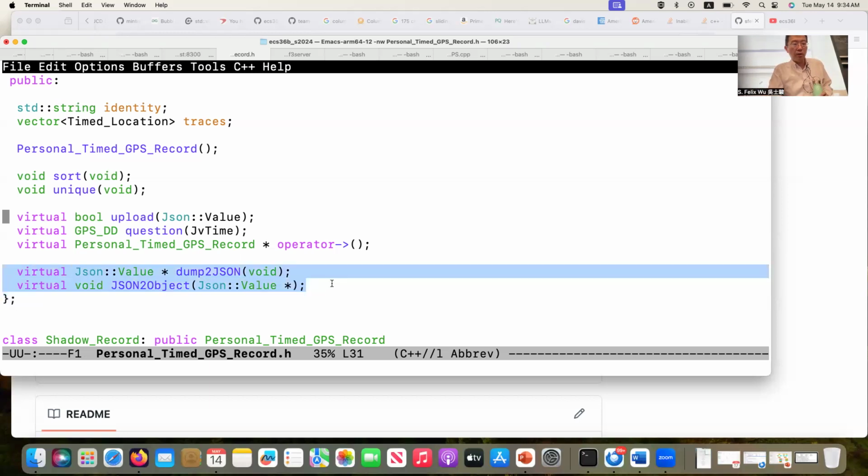Now, those five are virtual functions. Those two are dump to JSON and JSON to object, and I already talked about dump to JSON. I haven't started talking about JSON to object. It's the other direction, and we will be spending a lot of time trying to understand the design of JSON to object. It's not so much about C++ programming as it is about how you apply the concept of exception handling. The only reason I want to leave this as the last one for the rest of the quarter,